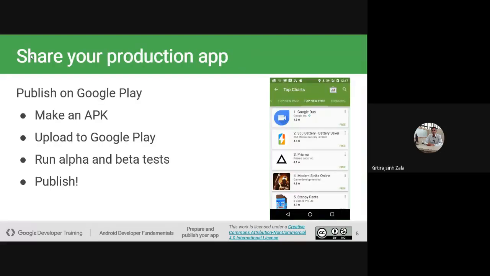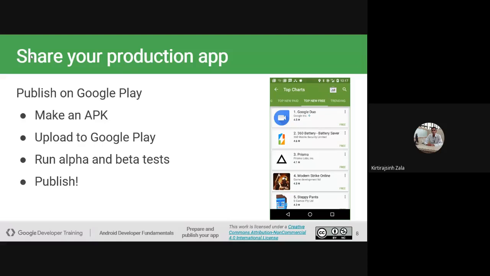Share your production app, publish on Google Play. You can publish your application on Google Play, as you can see on our right hand side. Make an APK, upload to Google Play, run alpha and beta test, and publish it. Then whenever any user wants to download any application, it will be available in the Google Play Store.